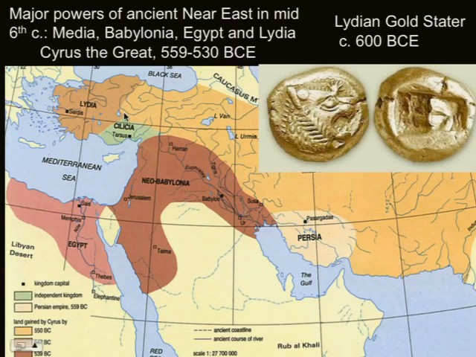But with Lydia, Lydia is particularly known for its wealth in these ancient sources that we look at. A lot of gold, again, and it's credited with the introduction of the first form of coinage. What you can see here is a Lydian gold stater, and this coin has a mark on the back of it. And this mark is a guarantee by the Lydian state that this gold stater is of a uniform weight, and not just a uniform weight, but also a uniform purity.